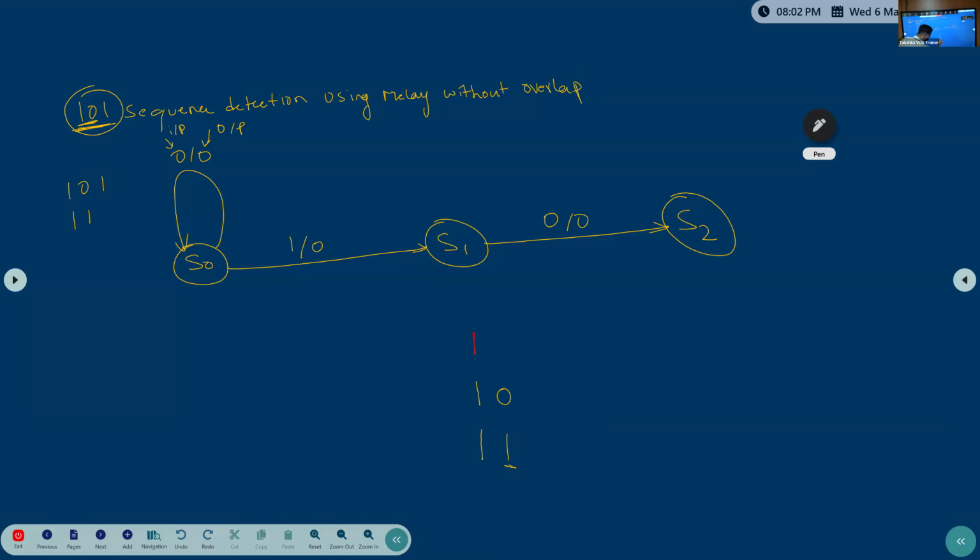You need to compare this one bit with this last bit. Both are same, so you need to stay in the same position. If both are not same, then you need to come back to S0. So both are same. So this is 1, output is 0. So now here at S2,